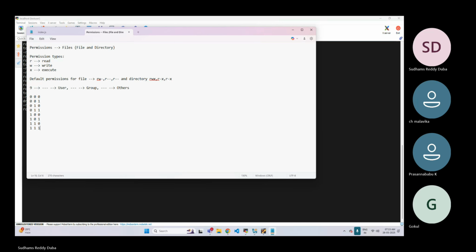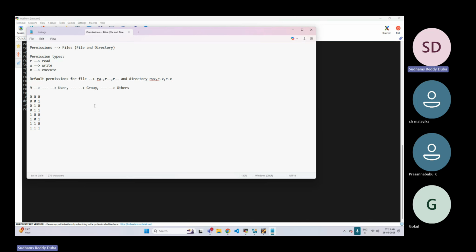Any idea? This is called what? You might have learned somewhere. Binary format. Any other guess? See, there are binary, decimal, octal, hexadecimal, different formats, right?